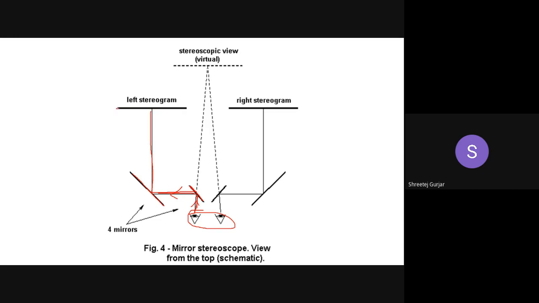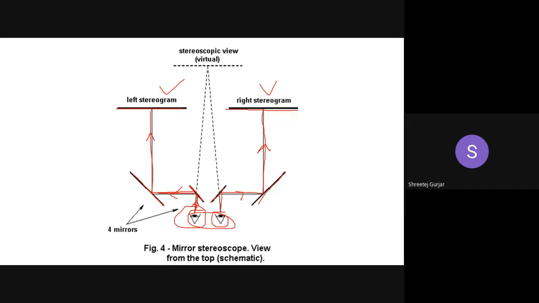So this is the left image, or the left stereogram, which you will be viewing from your left eye. Same from the right eye: because of the two mirrors, your line of sight will be reflected like this, and from the right eye you will be able to see the right image. From the left eye you will see one image, from the right eye another. Your brain will not see them separately, it will combine these two images, because your brain views stereoscopically.